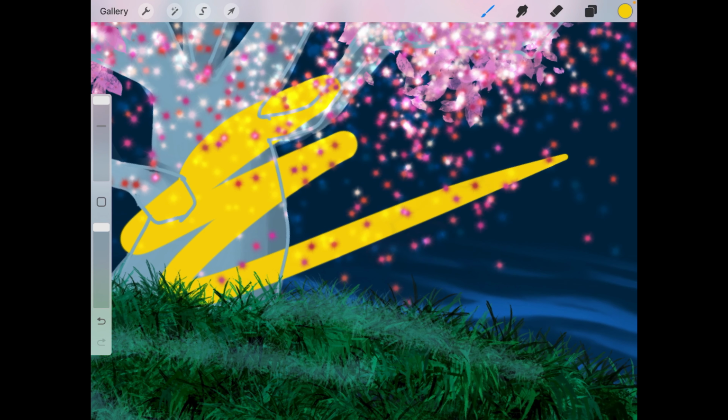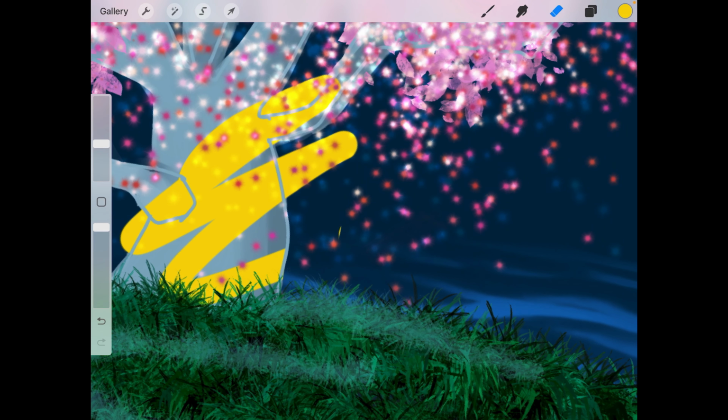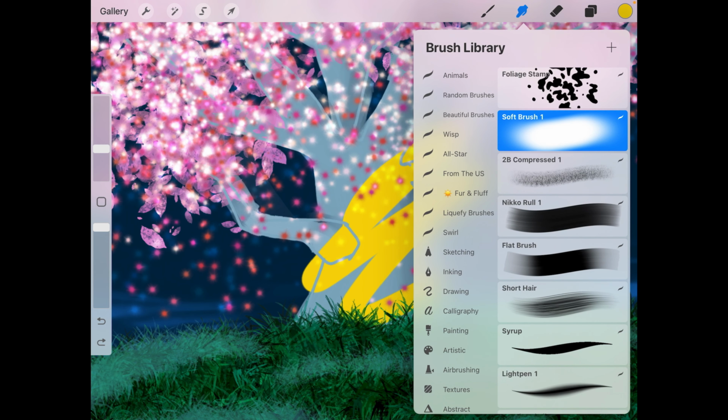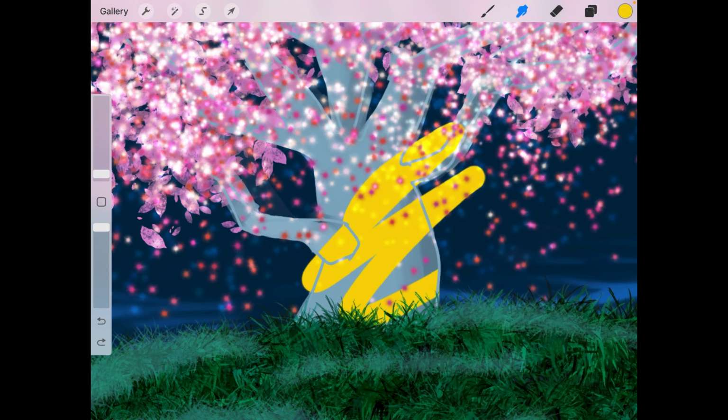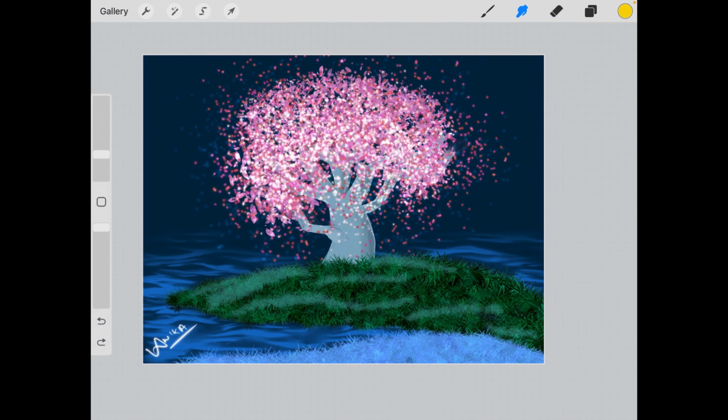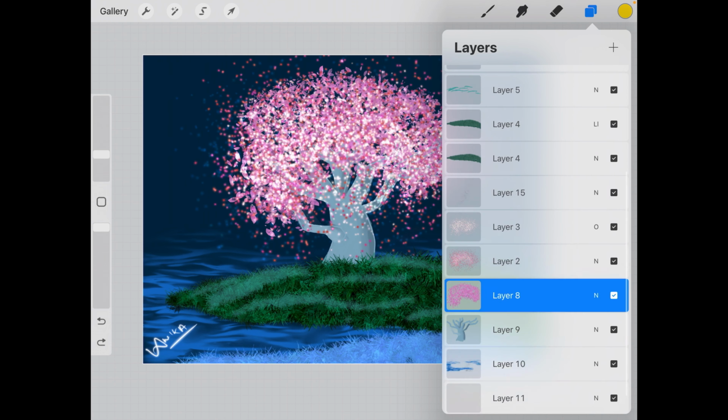But right now all I need to do is I can easily erase all of these things, and since it's on the same layer as this trunk, I can just use the smudge tool. I'll use this flat brush from the painting section, and I can just slowly keep smudging, and it will get smudged, and I'll be able to fix it somehow. Okay, so that's another advantage of layering.